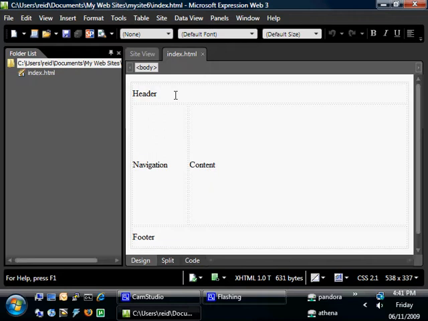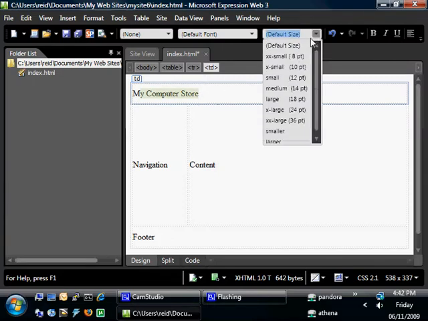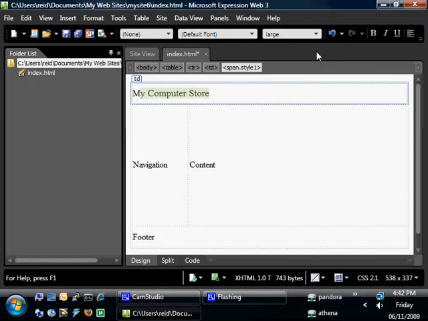layout here. So to actually start putting content on this website, you would fill in each one of these 4 different areas here. So for example, the header may have the title of your computer store, so we'll just call it My Computer Store, and we can format that text just like you would in a normal What You See Is What You Get editor. So we can highlight that, change the size of the font to large, small. We can change it to bold, italic, change the color of it, all sorts of different formatting options you can